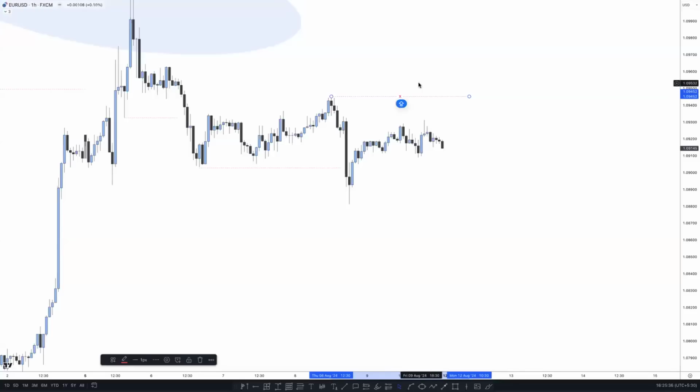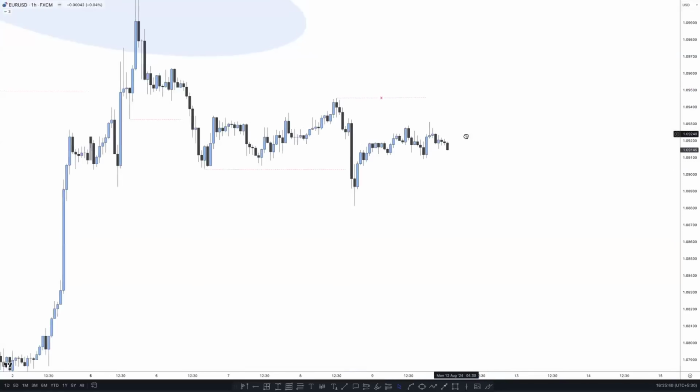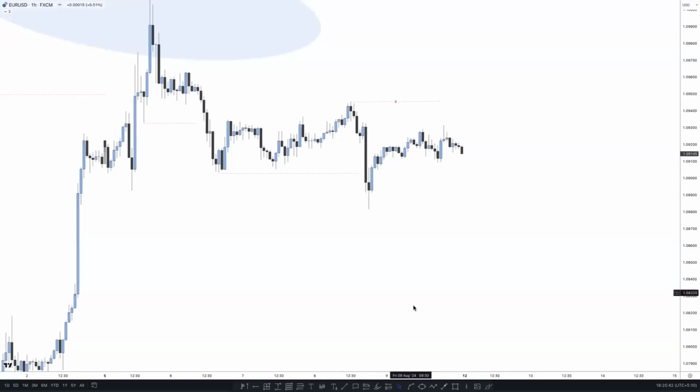Once the market has taken out the major inducement, we can expect the market to look for the sell after taking out the previous side. But before this, this is our main minor inducement. Once the market takes out the minor inducement, it doesn't mean the market is looking to create a pullback and structure. No, it means the market needs to wait to take out the major inducement before the sell setup.